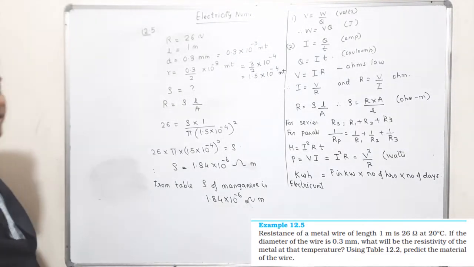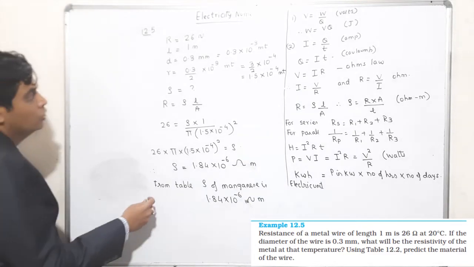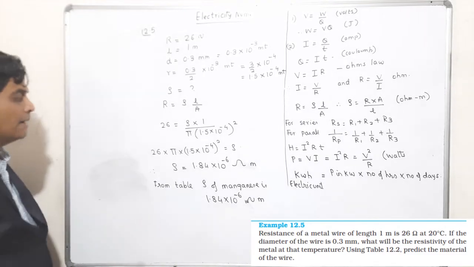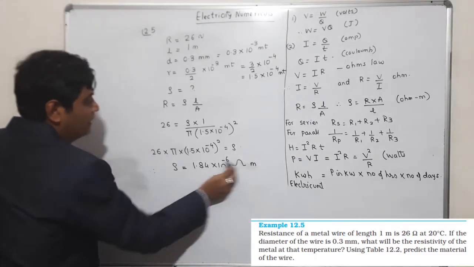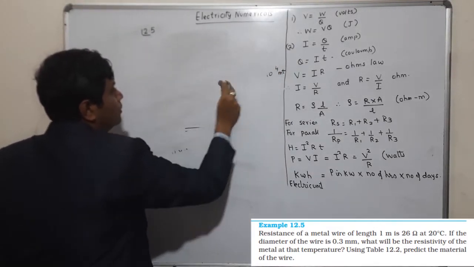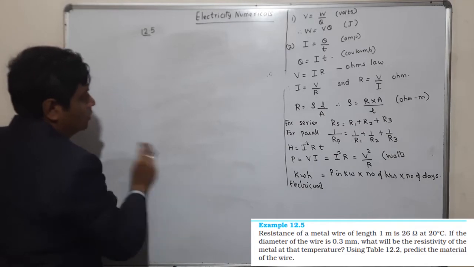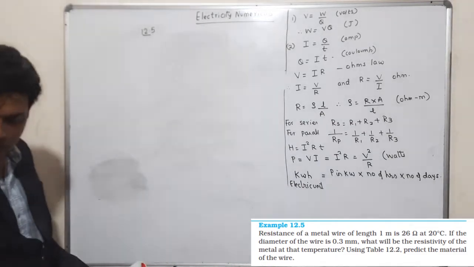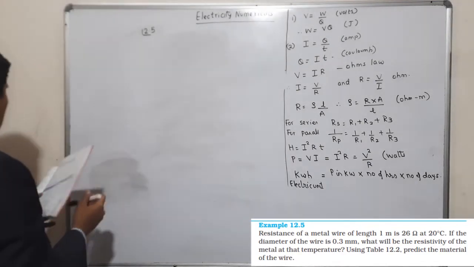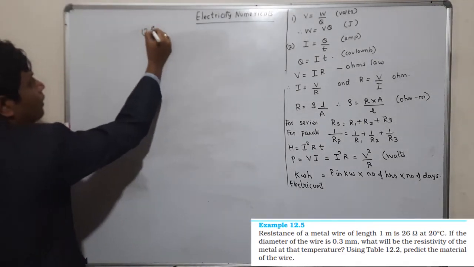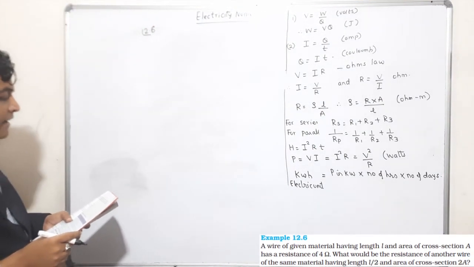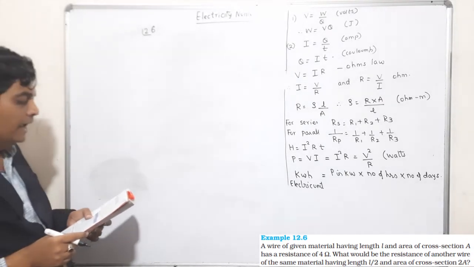After this, the next sum is very important. These types of sums generally come. Example 12.6 comes. These sums we will try to solve with the help of a table. Example 12.6: a wire of given material having length L and cross-section area A has a resistance of